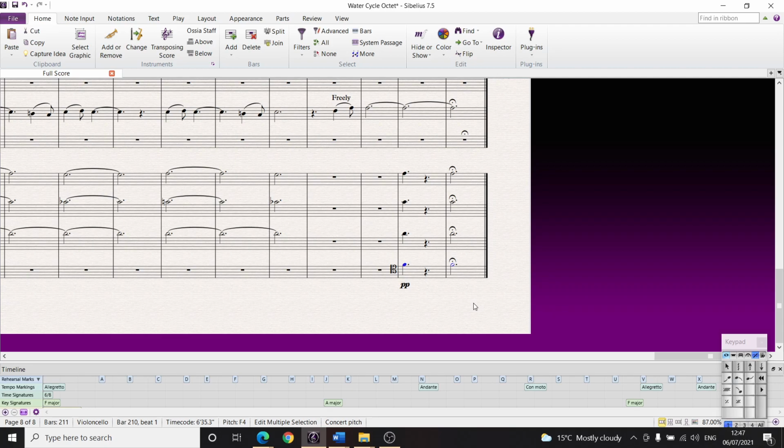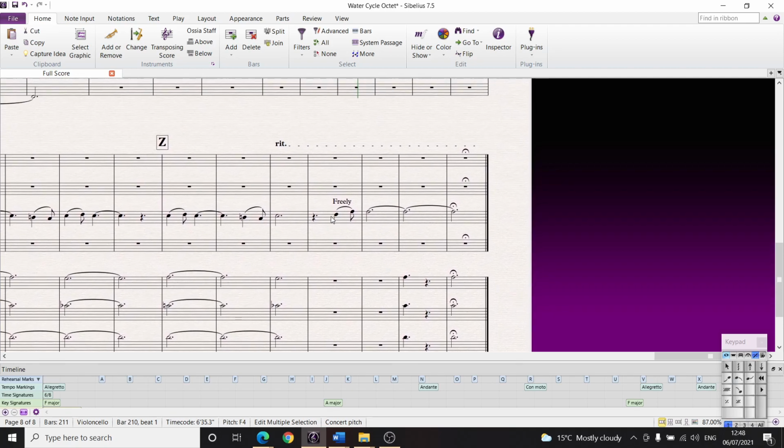Still not as grounded as if I did something like some kind of triumphant ending like that, but it has the feeling of a finish at least. And the clarinet just floats beautifully onto this F. Not too high, not too low, just floating perfectly in the middle on that kind of mid-range F for the